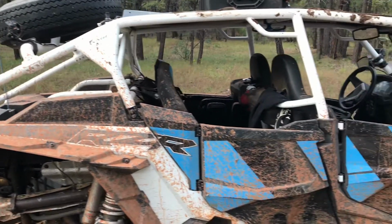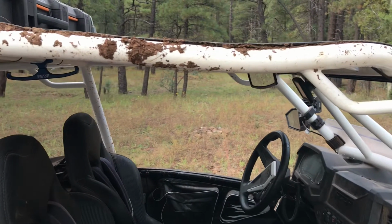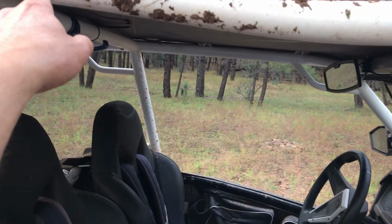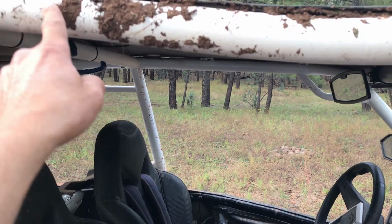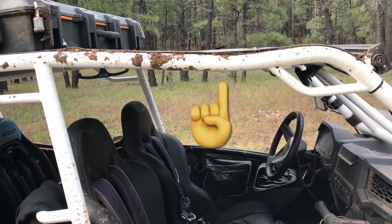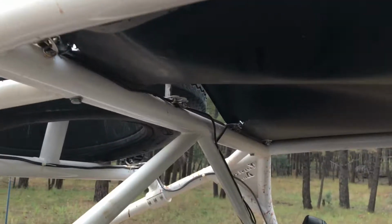So right here, you can see the damage that was done to the roll cage. Now this is a Twisted Alloy cage. I can't imagine what would have happened if it was the stock cage. Looking on the bright side of things, since I came out of this roll without a single bodily injury, it did make my wife realize that the money we spent on the aftermarket roll cage from Twisted Alloy was a good idea. So there was that one bend in the roll cage, and because that bent down, it actually buckled